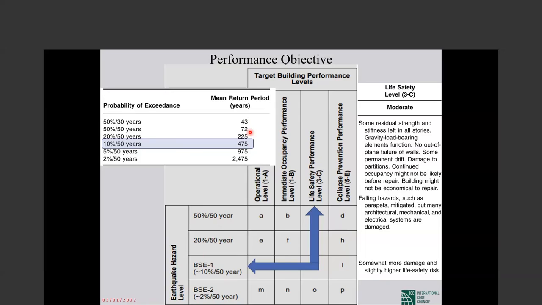We will talk about that. But in general, as a starting point, they say to check this performance objective, whether this existing building can attain this performance level under this